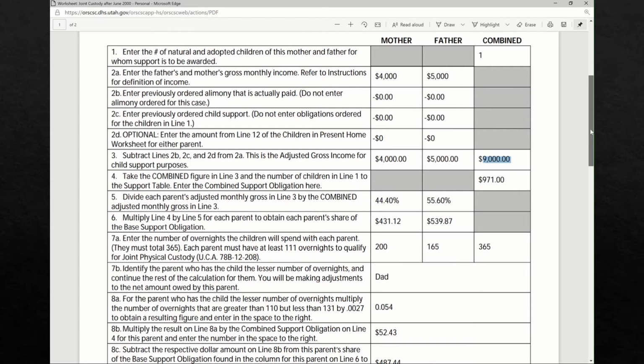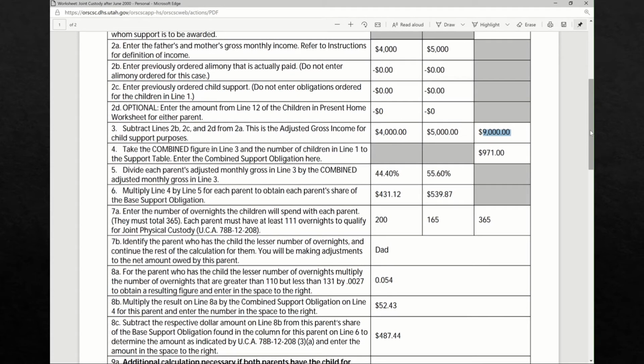And as I said, I have this other video that explains why this is important. If you want to go watch that, you will understand why the total income is important, and also where this number came from in Utah. Based on how many children there are, and based on the combined income of the parents, the state will determine that the child deserves $971 of raising expenses. Basically, that's what it says: this is how much the parents are expected to spend on the child in Utah if they have this much